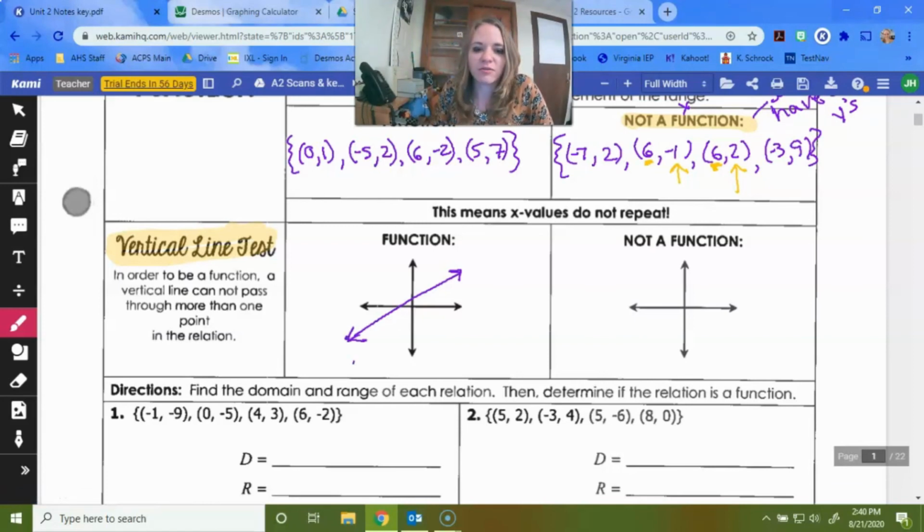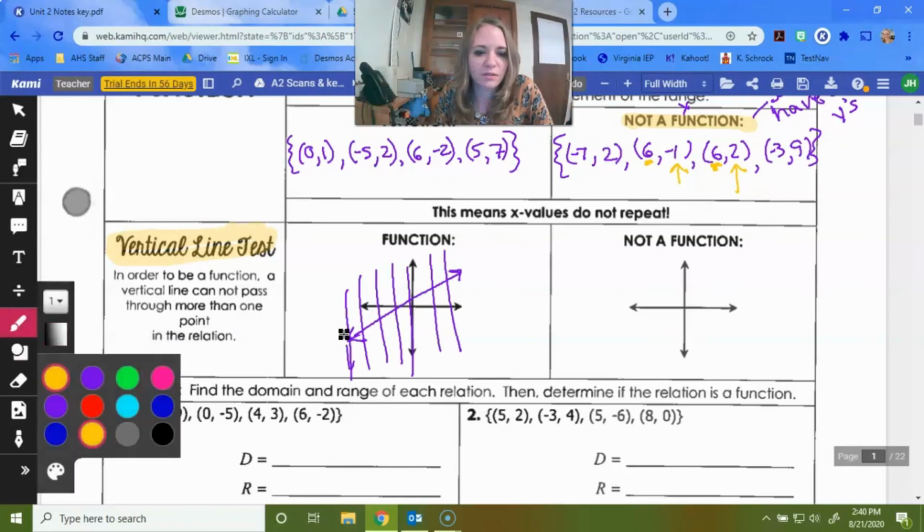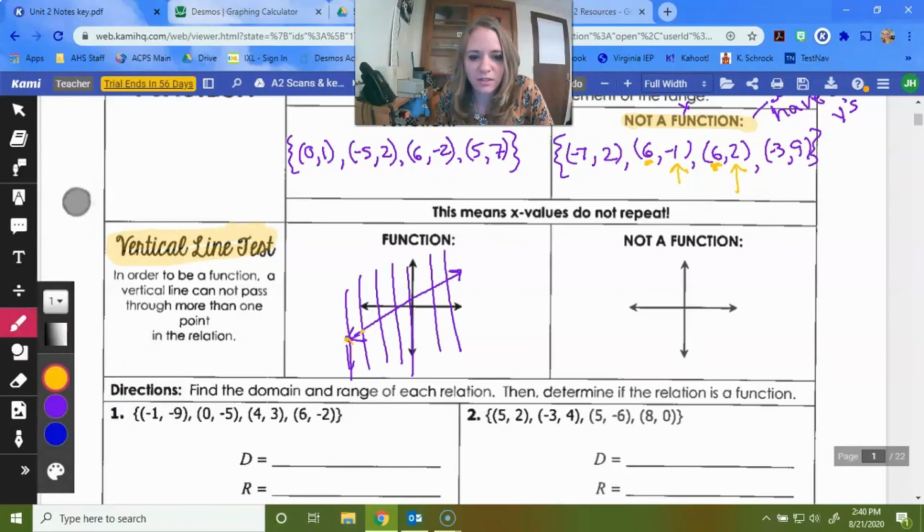So imagine I have a vertical line. Or I could just draw vertical lines to start with an example. If I keep drawing vertical lines, I will only intersect my original function at one dot. By dot I mean, like here, here, here is where they intersect. They only intersect one place at a time. However, on my not-a-function graph,